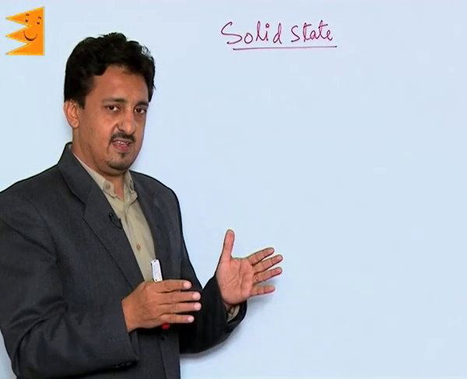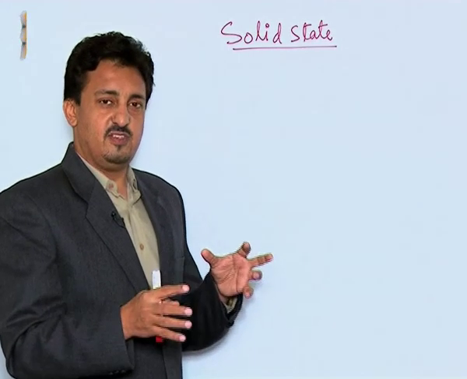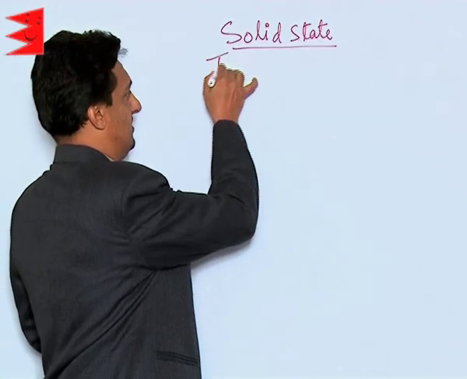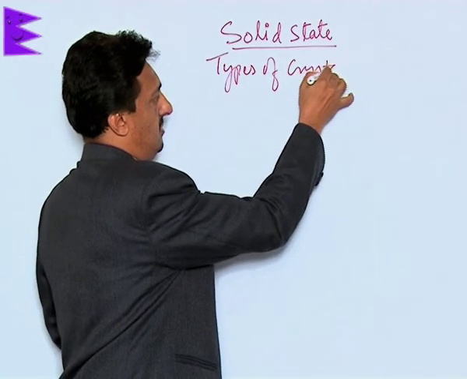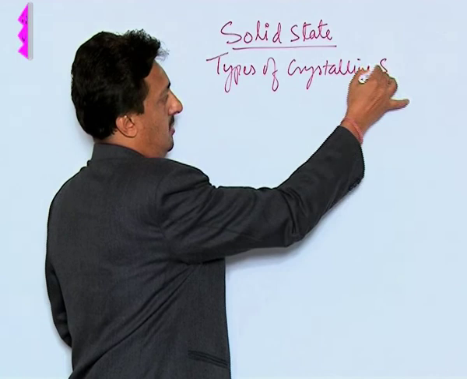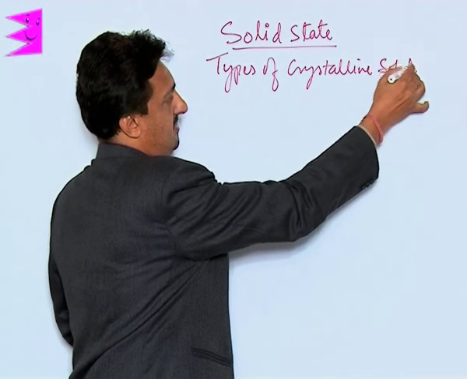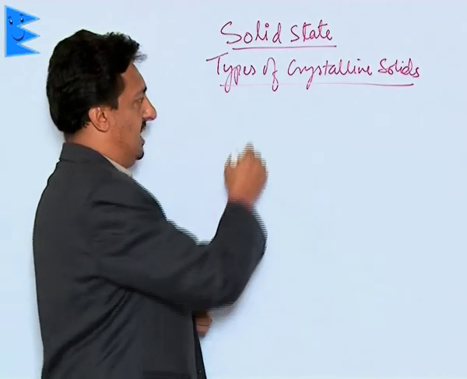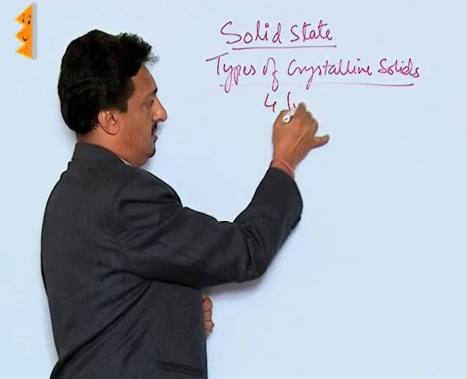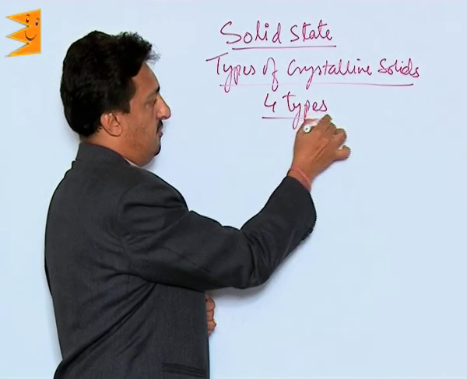After understanding the differences between amorphous and crystalline solids, let's go into the different types of crystalline solids. Types of crystalline solids. Crystalline solids are of four types: